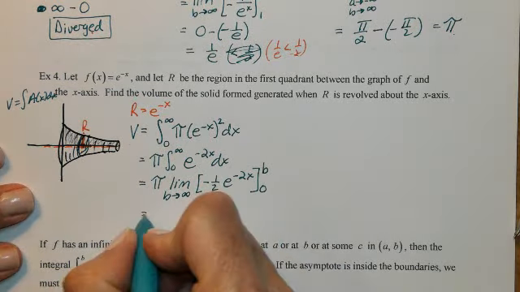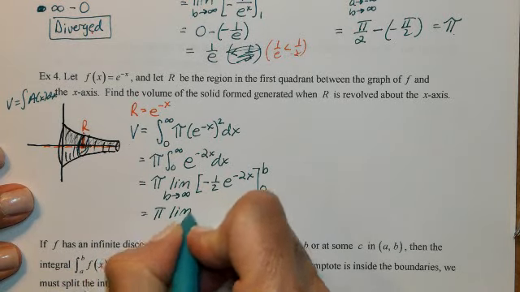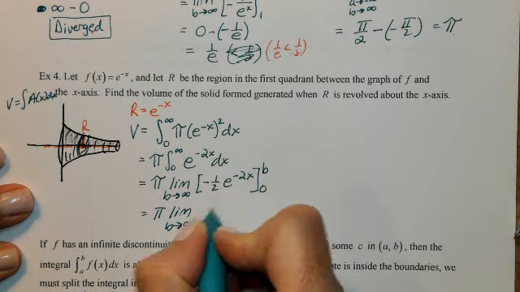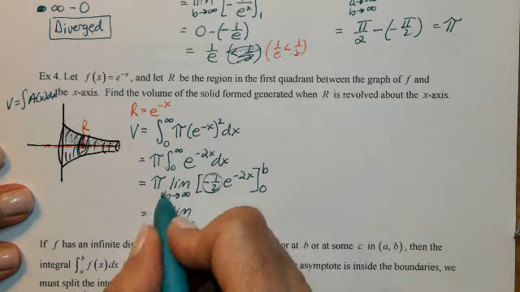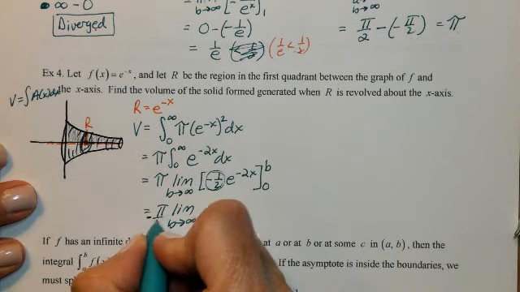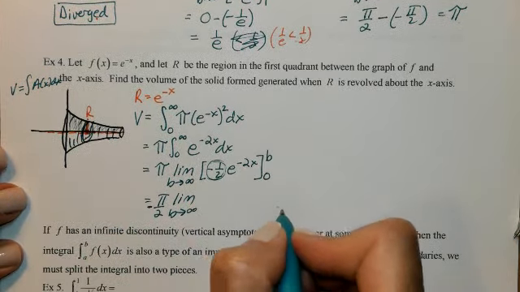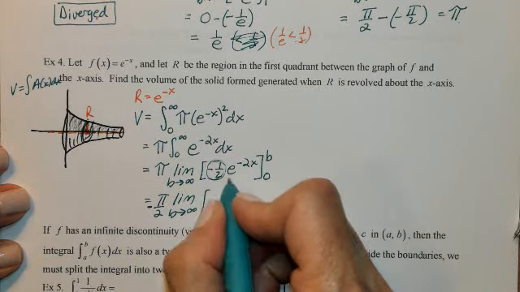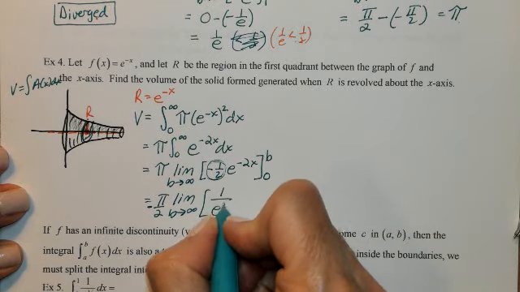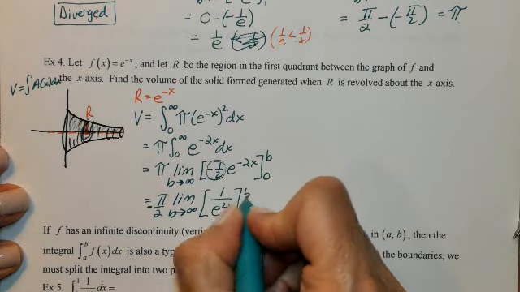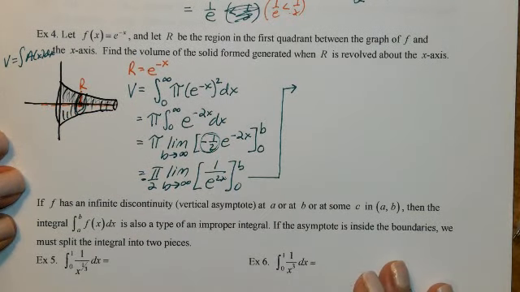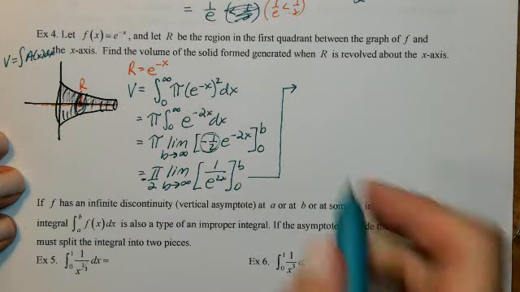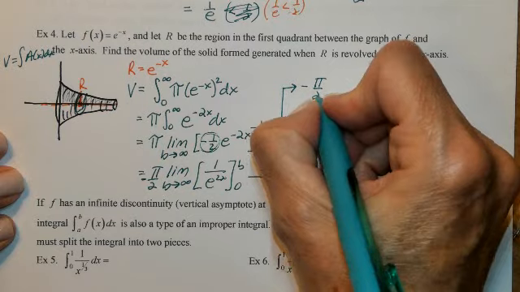In fact, you know what I'm going to do? I'm going to take this negative 1/2 out as well. So this would be a negative pi over 2. And then I just have to worry about the e's. So this will be 1 over e to the 2x. All right, so we have negative pi over 2